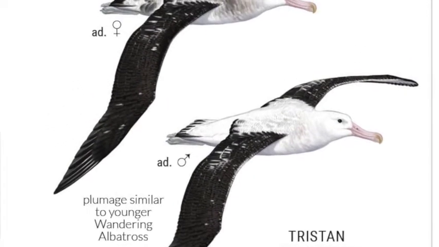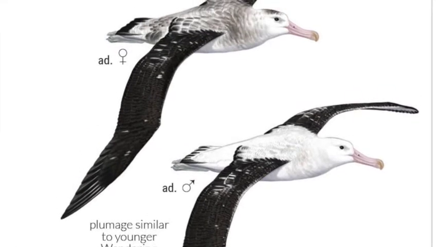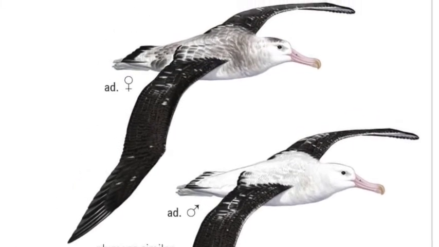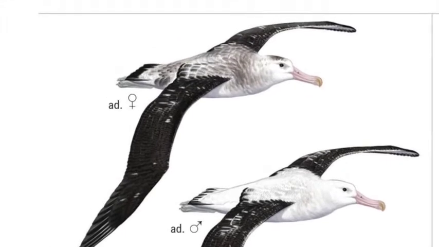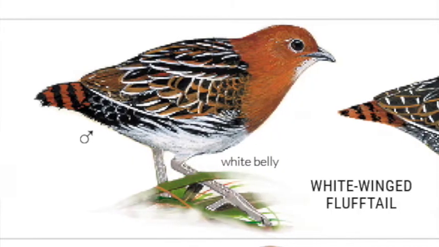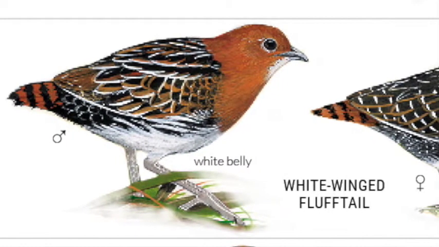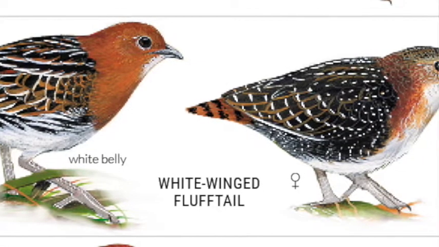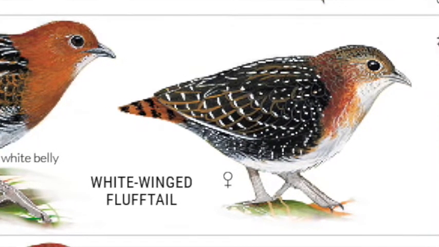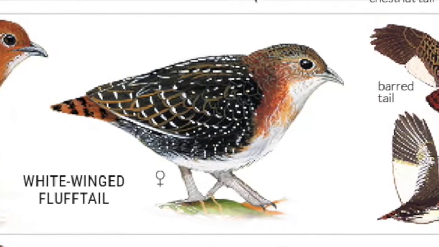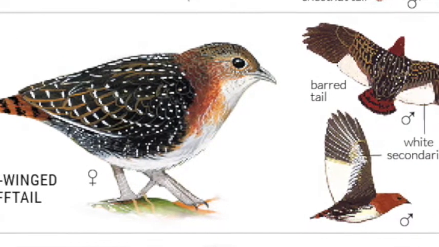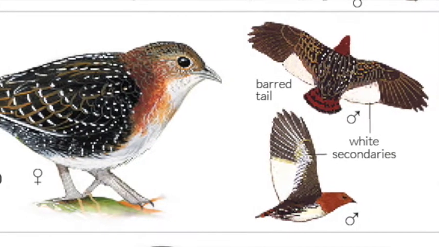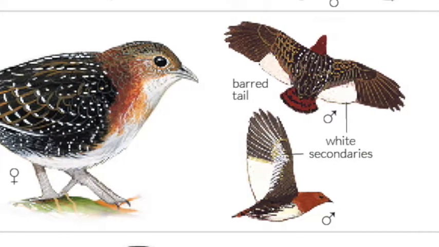So for the Tristan albatross, it would be longline fishing, so bycatch and longline fishing, and then also predation on the breeding islands by mice and rats. And then white-winged flufftails, it would be habitat loss, habitat degradation. They need high altitude wetlands to breed. And they recently found that they are breeding in Southern Africa and they're migrating to Ethiopia. So yeah, in a nutshell, those are the threats facing our critically endangered species occurring in Southern Africa.